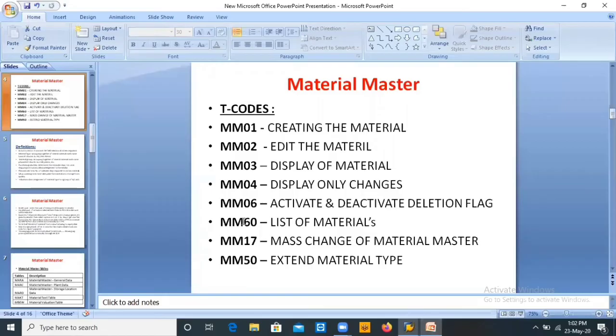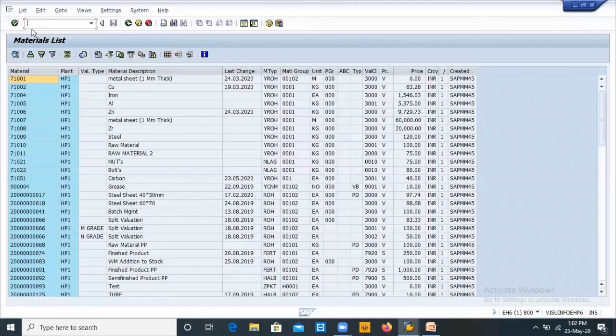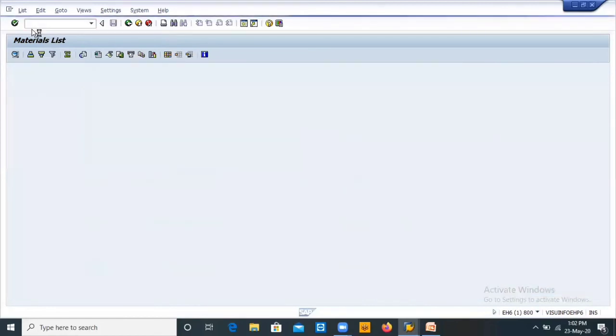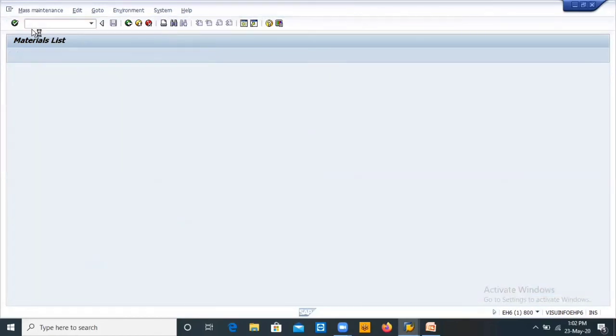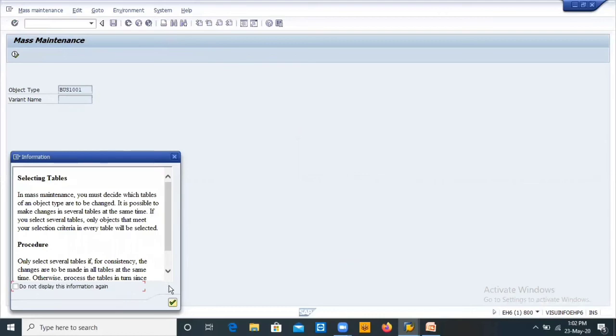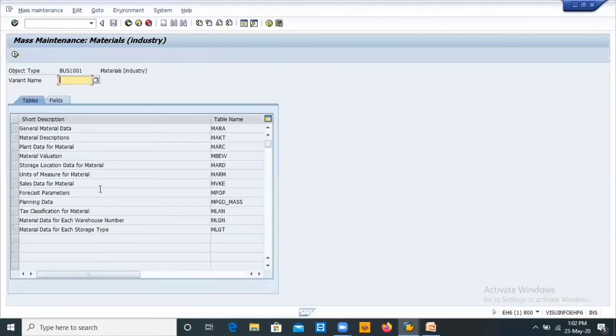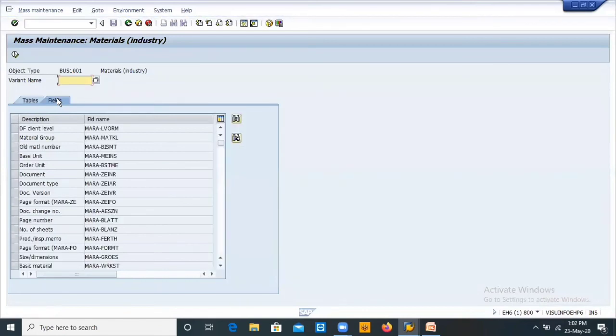Now MM17, mass change of material master. I told you about MM17, no? If you want to change anything in mass, go through the fields.